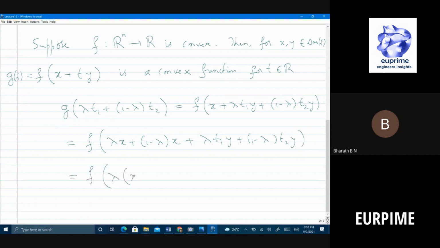Lambda times x plus t1y plus 1 minus lambda times x plus t2y, right? Obviously x plus t1y belongs to the domain of the function. x plus t2y also belongs to the domain of the function. So it's a convex combination, so obviously it should belong to the domain, right? So now I'll use the convexity of f, right? f is convex. I'm taking 2 points